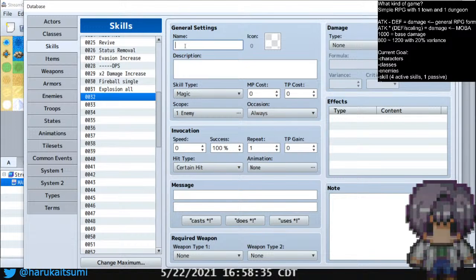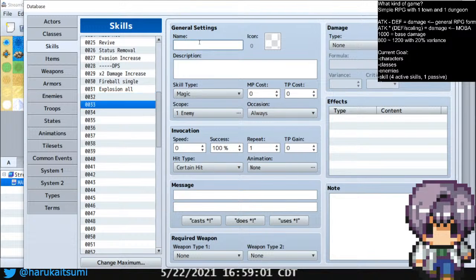She's somehow increasing her damage to sky-high values, but she only has 1 skill. So what can we do? Fireball, Explosion, all. Damage increased. She has a lot of passive skills, but we're only going to give 1 passive to our mage,